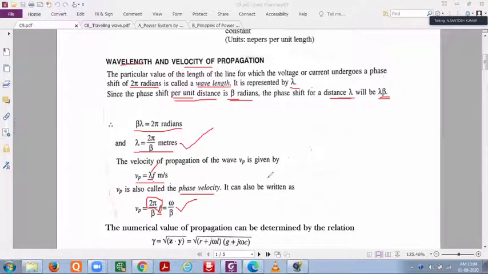We just need to multiply with your frequency, that's it, or omega by beta, because based on this you may get small numericals in slip tests, mid exams or final exams. So do remember these equations. I think nothing is difficult, right? So this is about your wavelength and propagation. I'll close in the class, we'll revise it. Okay, so next, what do we have next?